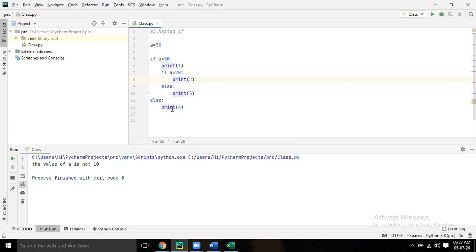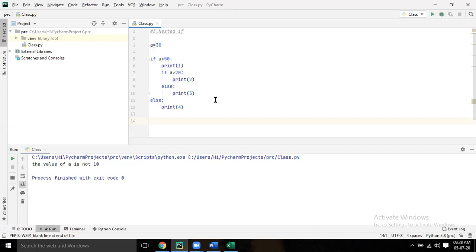Now don't run it. Tell me, repeat it. Can you repeat it again? I am still confused. So here see, first if and first else, that is in the same line, right? Yes, sir. So that is nothing but indentation. You have to give properly. It will consider the last else is for the first if.